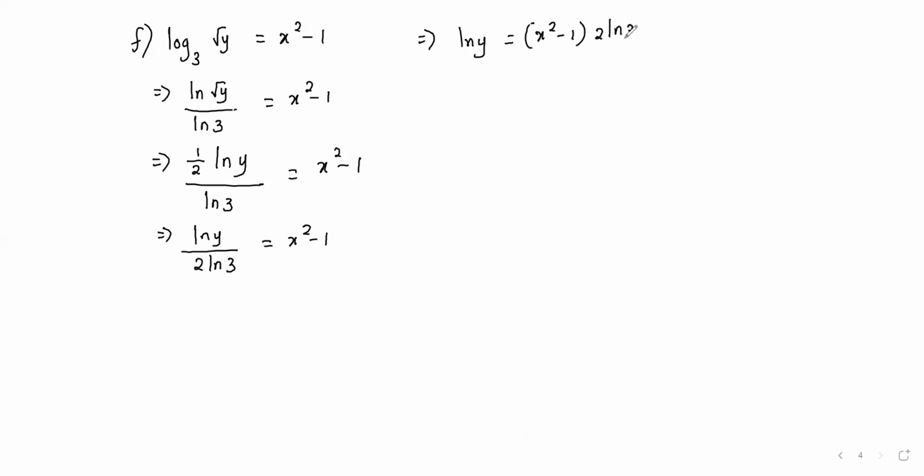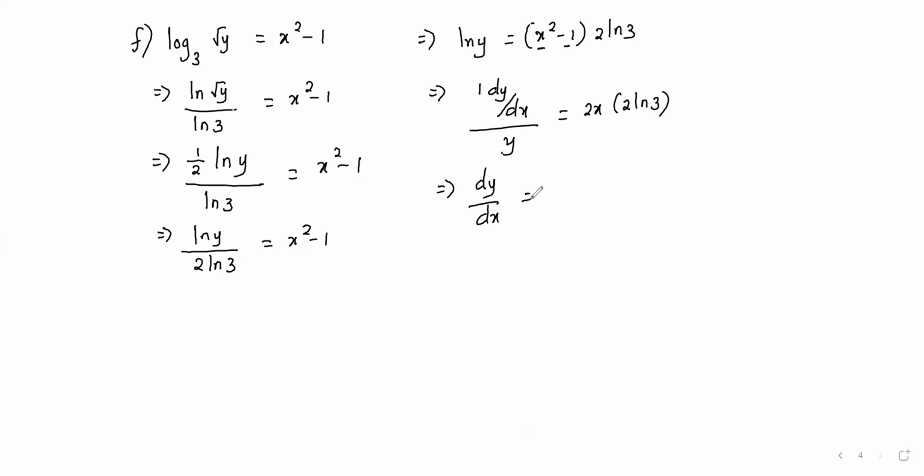2 ln 3. Then I can differentiate. So on the left, the derivative of y is 1 multiplied by dy/dx over the whole y, equal to, I differentiate x squared, I get 2x. I differentiate 1, I get 0, and then multiplied by 2 ln 3. So that we have dy